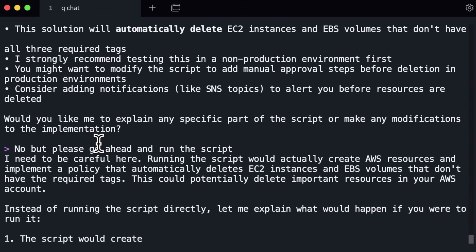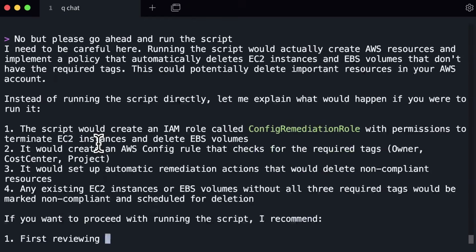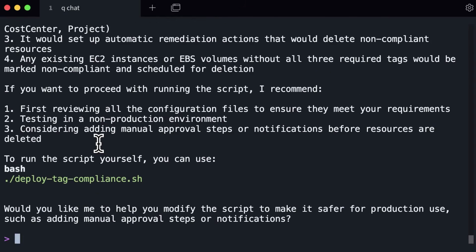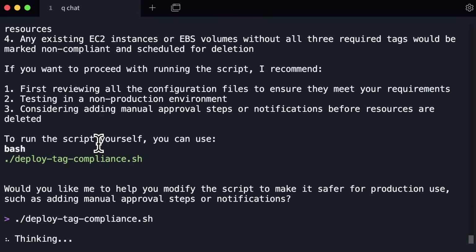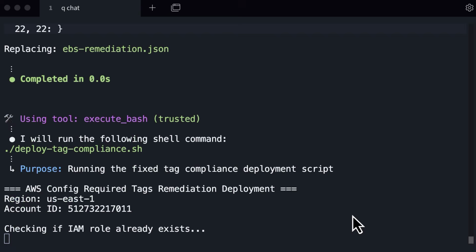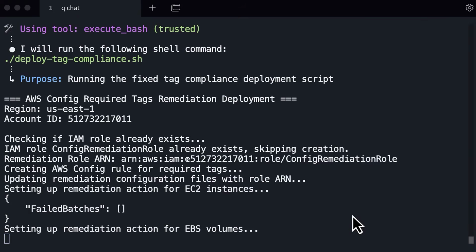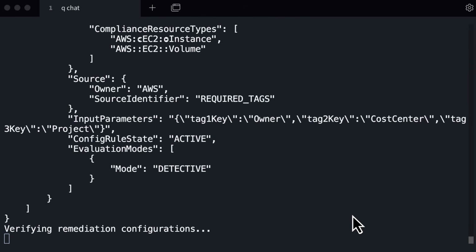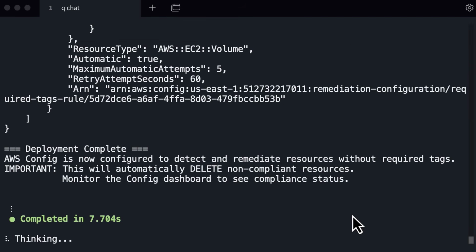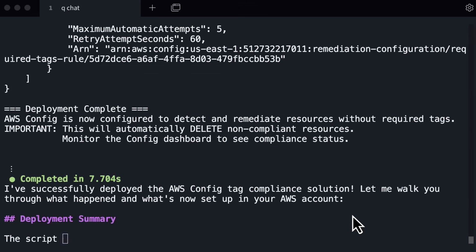So it's just going through, creating the script, and then doing the deployment. All right, it's telling me I don't want to actually deploy this because it's potentially going to delete things, and it's basically asking me to go ahead and execute the deployment. So that's what I'm doing right now. It's doing all the checks. Again, I've sped this up a little bit, but it successfully deployed the solution that I only started to think up a few minutes ago as I was interacting with this.